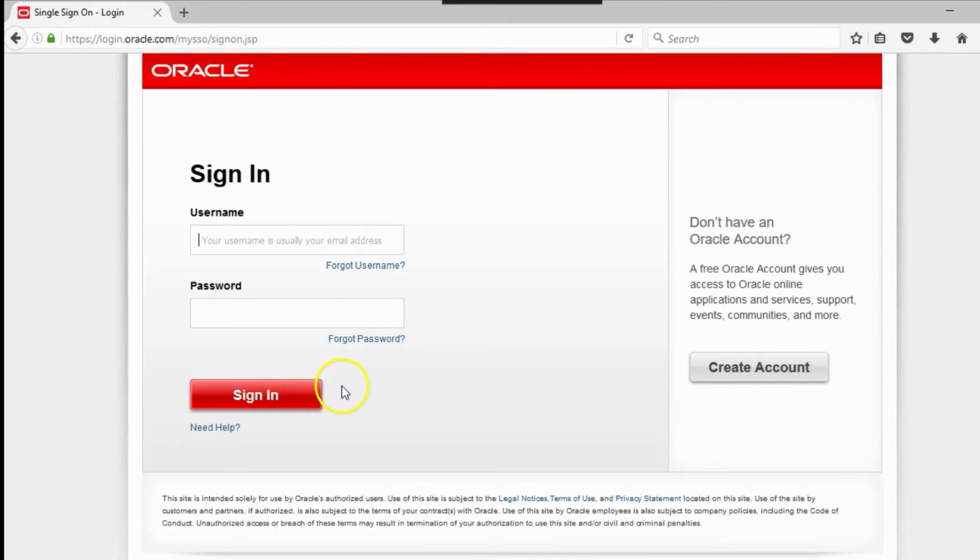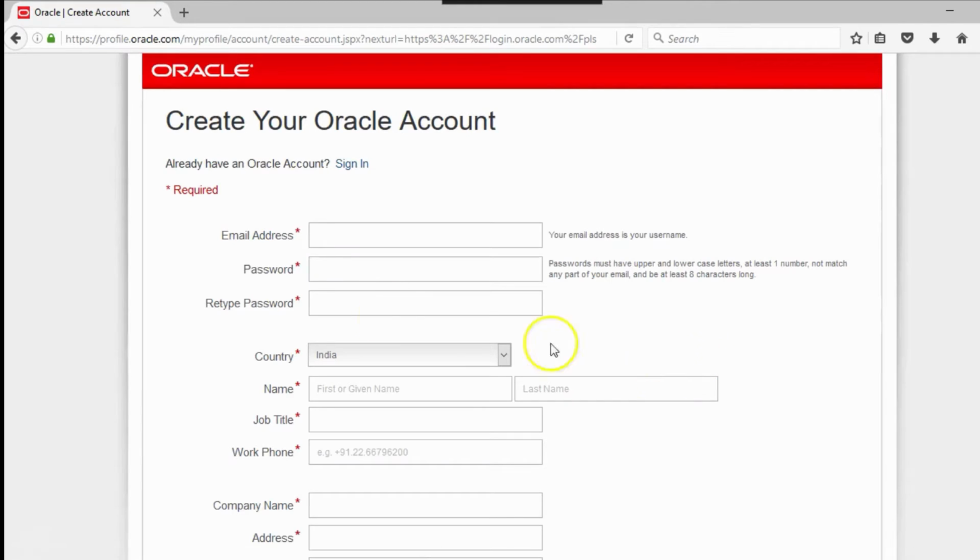If you don't have an account, you can create one by pressing the create account button, and you will be taken to a form where you can fill in details about yourself. You have to type your email address and a password. The password can be any password other than your email password. Your email acts like a username.